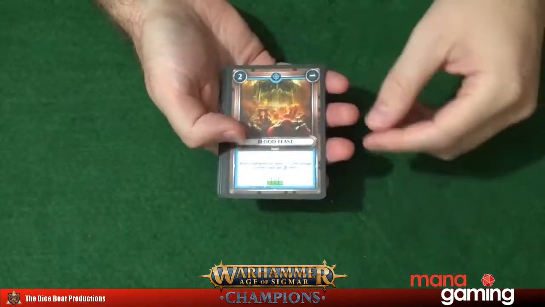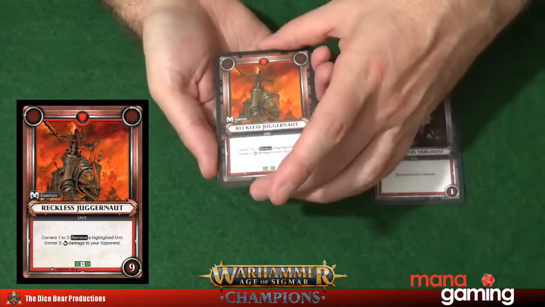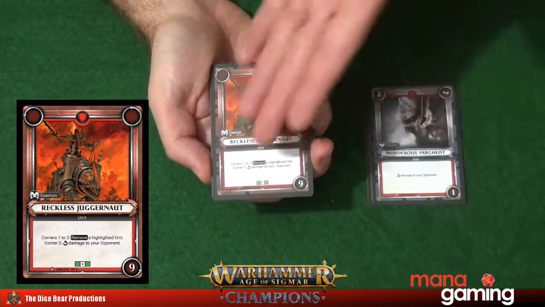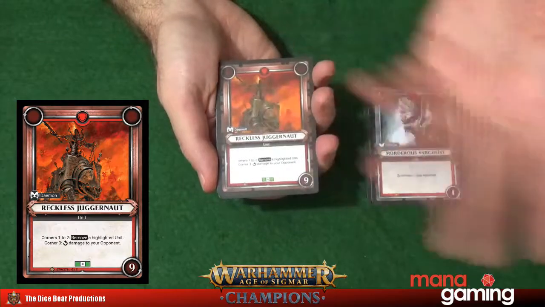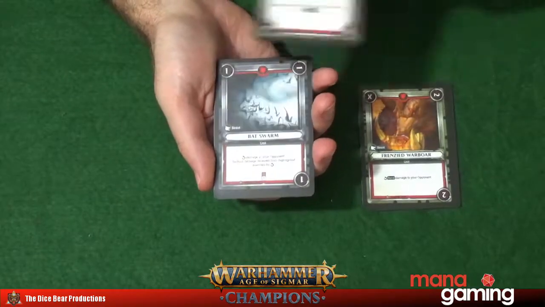Here we go, we have Blood Feast, Murderous Vargeist, Reckless Juggernaut. I've made so many mistakes with this card when I first started playing it because of course it takes away your units next to you. I kept misreading it and thinking it was going to remove my opponent's units, so I play it down and then, oh, goodbye to my units next to me. Frenzied Warboar, Orcish Scrappers,